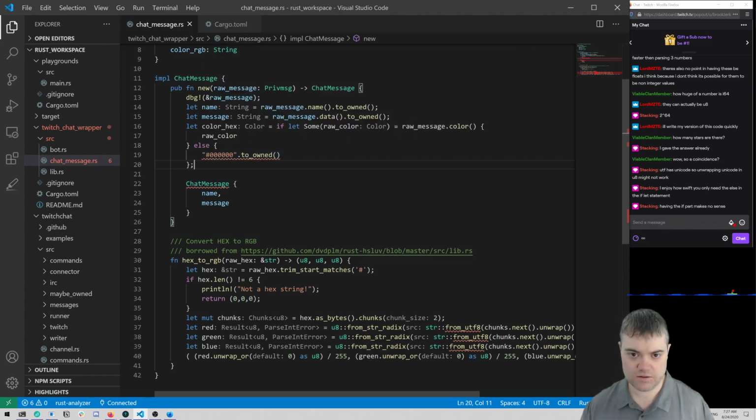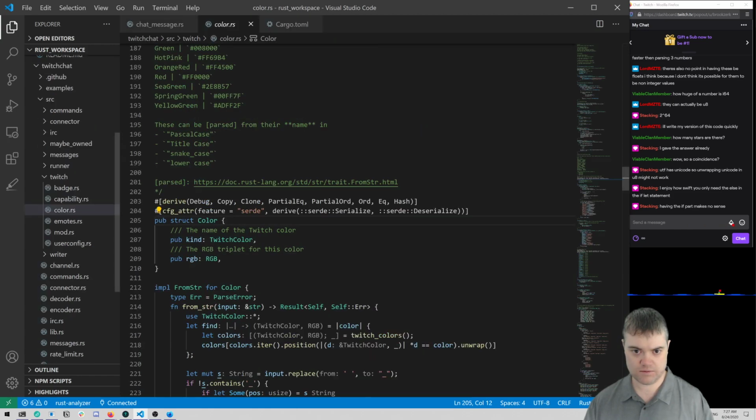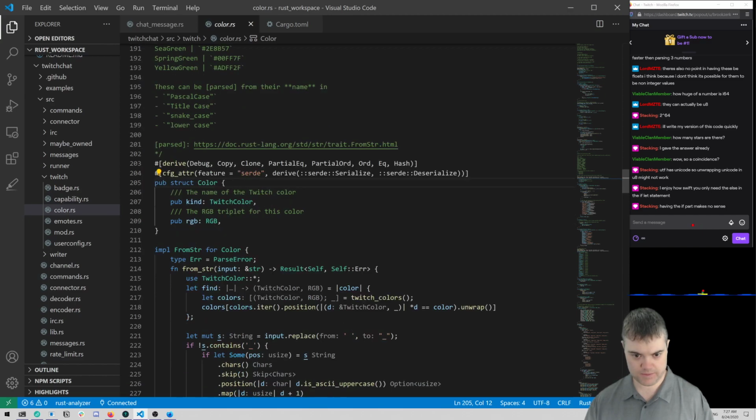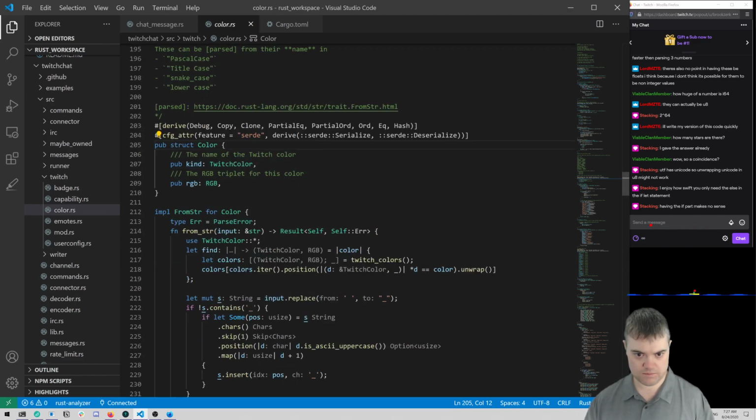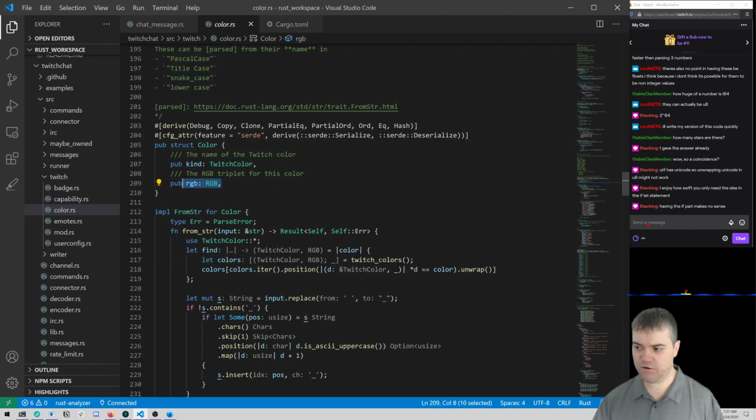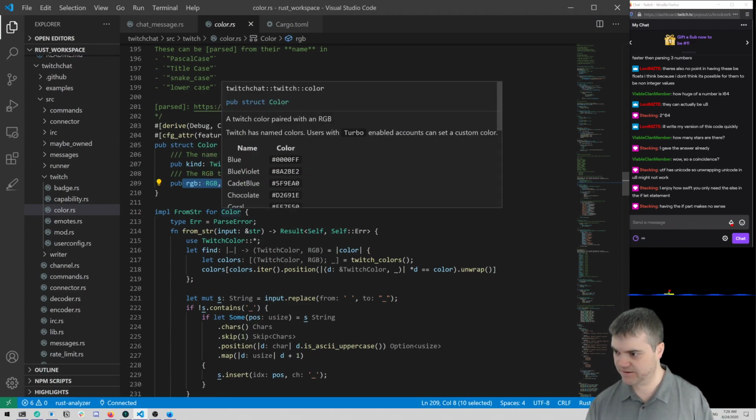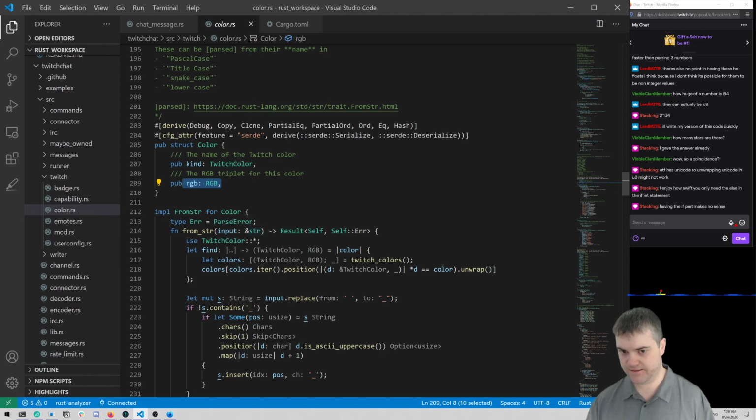Wait, so you're... Oh, Some raw color is a color type. Wait a second. What? Oh, I can just get it from this. There's an RGB in here.